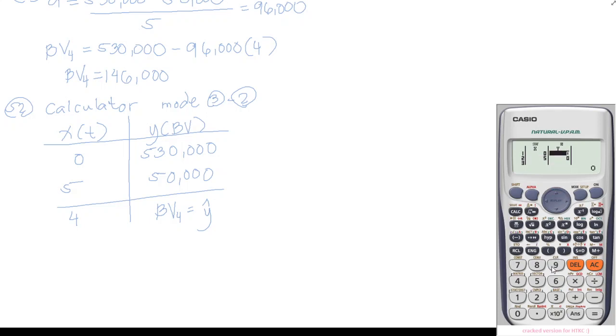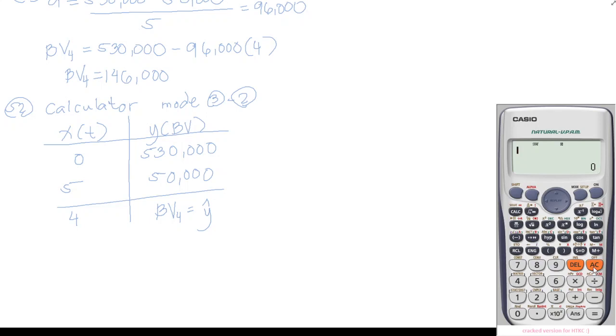So for the 0 years, the first cost is 530,000, and then press equals. Then for the fifth year, that is the useful life, we choose the salvage value, that is 50,000, and we press equals again. Then press AC to save that one, and then shift, we choose statistics, that is 1, and then choose regression again, that is 5, and then we choose 5 for y hat, and then we type there the requirement, which is 4, and then we press equals, it's the same, that is also